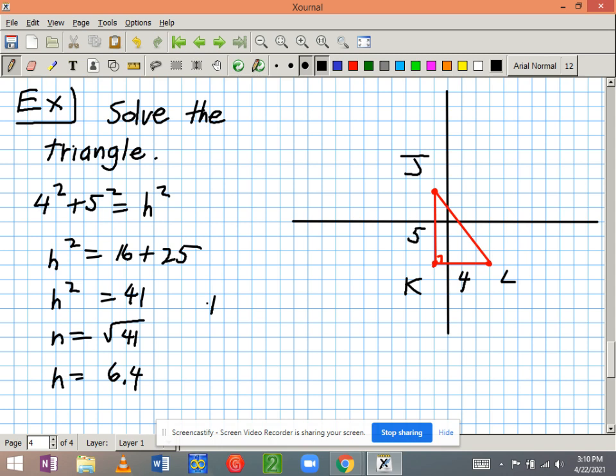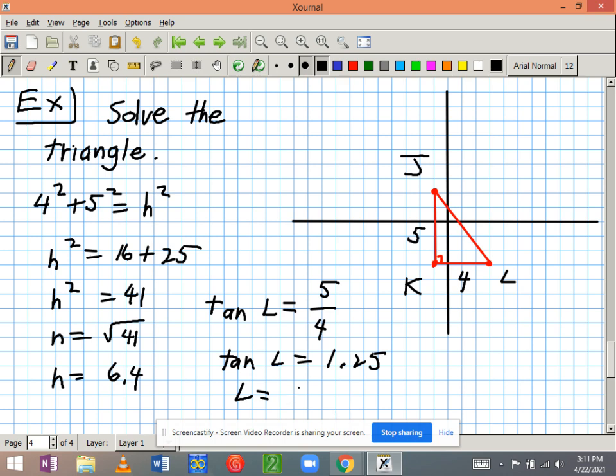Now you've got options, and you could do tangent of angle L or tangent of angle J. Either way, you're going to get one of those angles first. So I'll use tangent of angle L. The opposite is 5. The adjacent is 4. So tangent of L is 5 over 4. I know it's 1.25. So angle L, now I'm going to take the inverse tangent, right? So L is the inverse tangent of 1.25. So 1.25 inverse tangent,